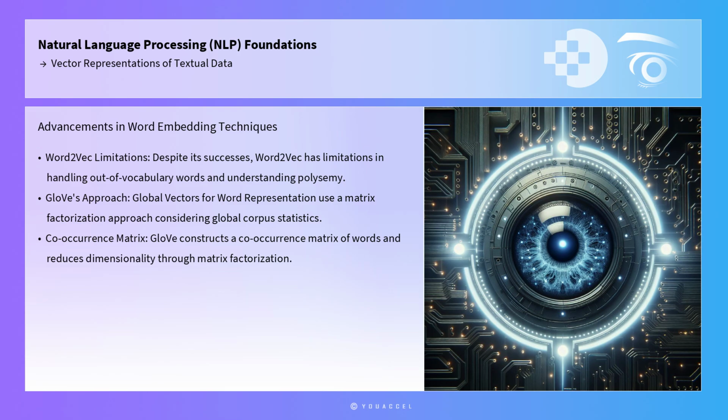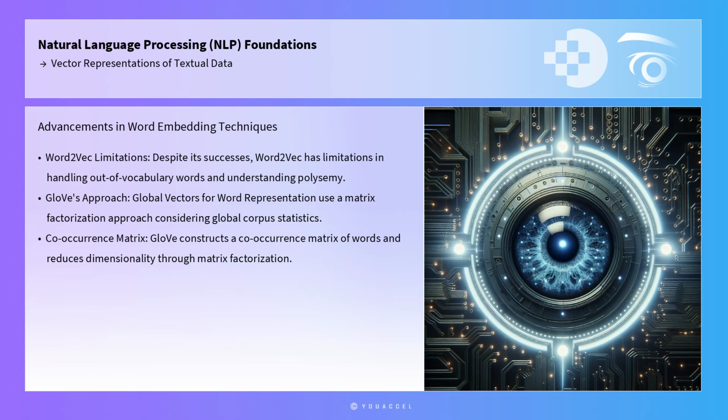Despite its successes, Word2vec has limitations, particularly in handling out-of-vocabulary words and understanding polysemy, where a word has multiple meanings. Global Vectors for Word Representation, developed by Pennington et al., aims to improve upon this by using a matrix factorization approach that considers global corpus statistics. GloVe constructs a co-occurrence matrix of words and reduces dimensionality through matrix factorization, yielding embeddings that balance global context with